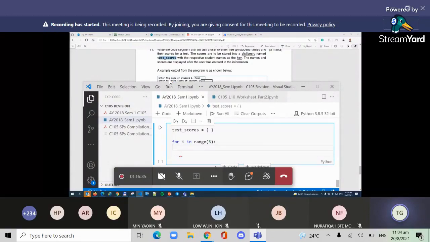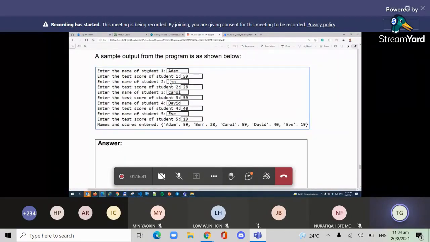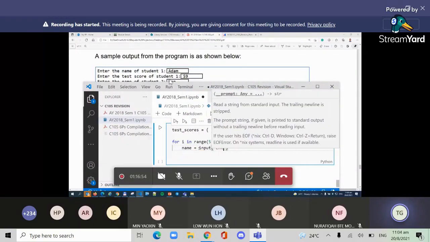Now, what is important is to look carefully at the sample output here. There's a running number, student 1, student 2, student 3, student 4, student 5. So for your print instruction, first thing is the name. Input, enter the name of student,